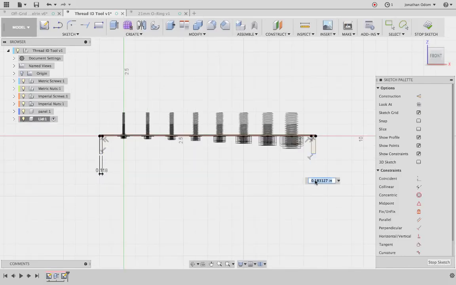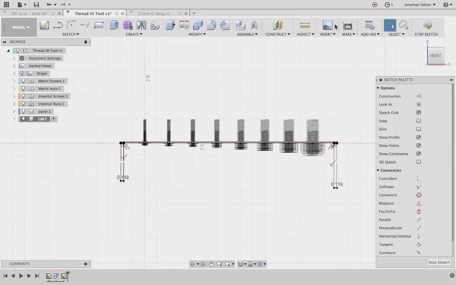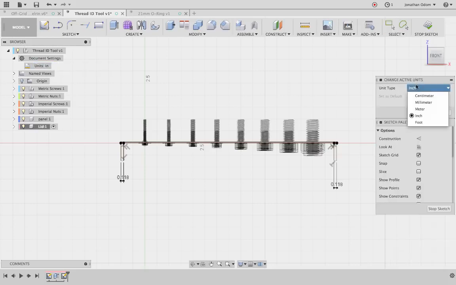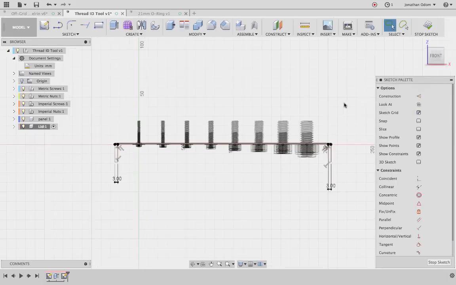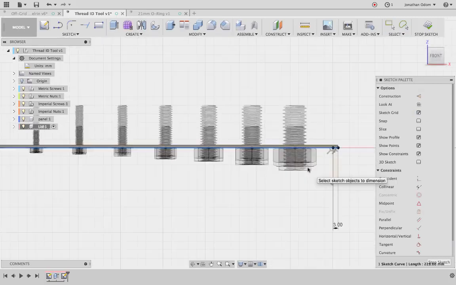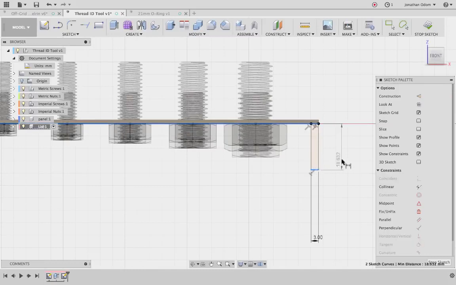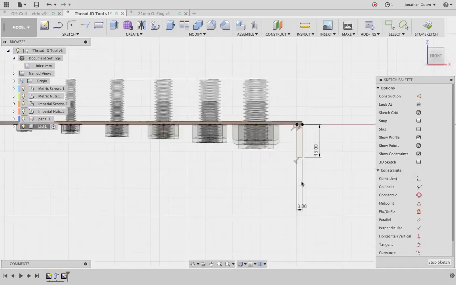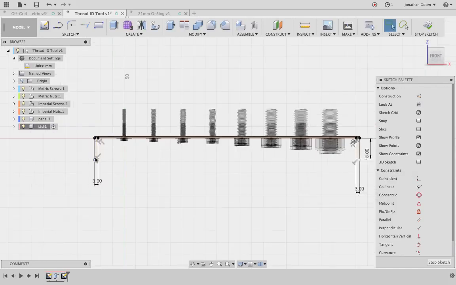Here, 3 millimeters. And at this point, I'm going to be doing everything in millimeters because I've already got the inch stuff down, so I'm just going to go ahead and change this to millimeters, so I don't have to keep typing in the units. And then I'll do a dimension from here to there. Let's call this 18, looks good. I like to use whole numbers for this stuff because